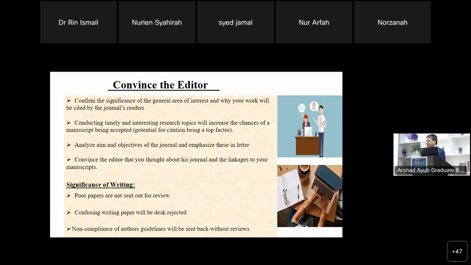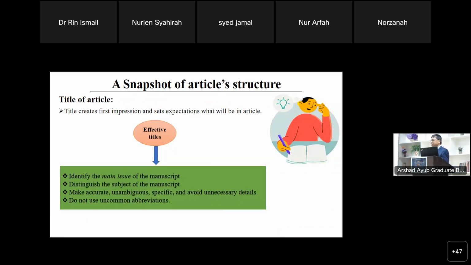I have been writing for 30 plus years. If you ask me how I grade myself, a B. A-grade writers are very few and far between. So early in your career, develop the writing skill, because you may have a good gem, good stuff in your paper, but because you cannot convey these ideas in a nice, clear way, your paper gets rejected. And another thing is happening nowadays: if your paper gets accepted, invariably